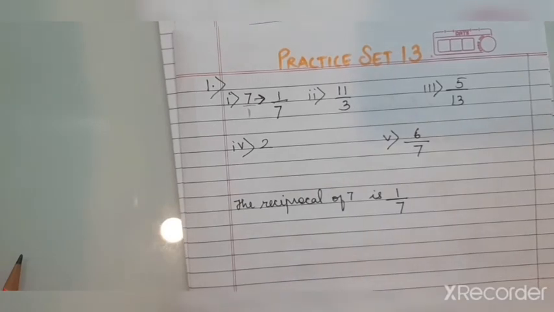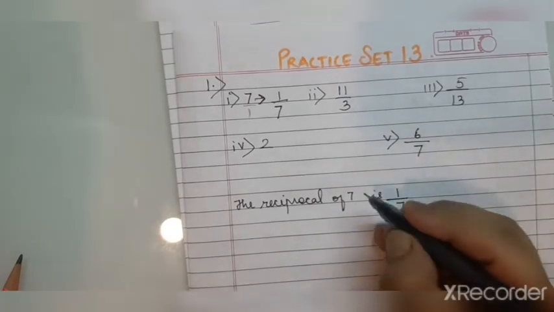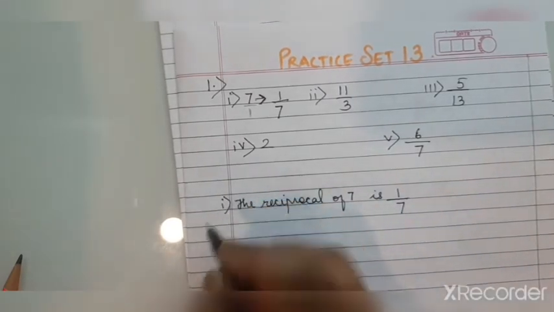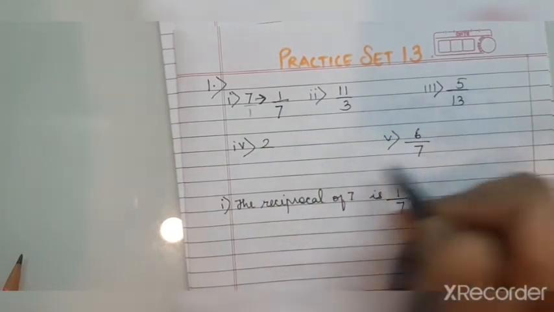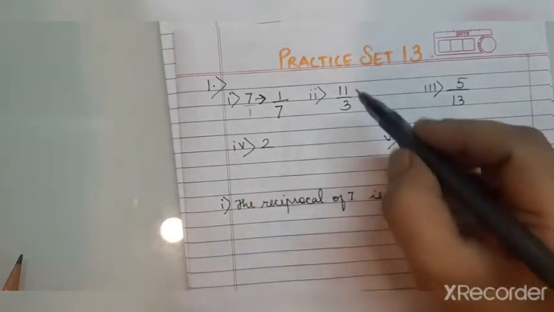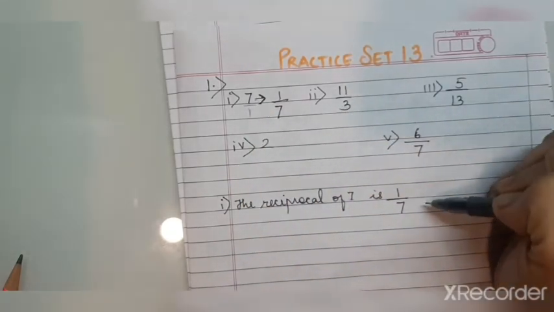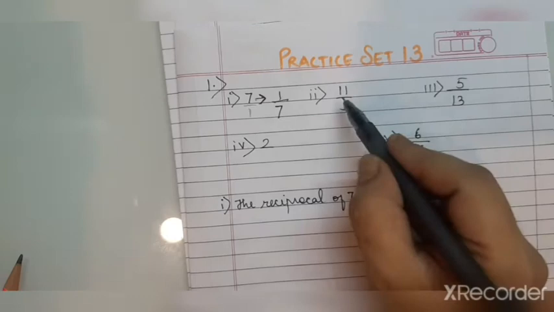So when you are writing the answers in your notebook, you are going to write in this statement form. You are not going to do like this. I have just written the sums here. Okay. So you will just write the first number and you will write in this way. Now second,